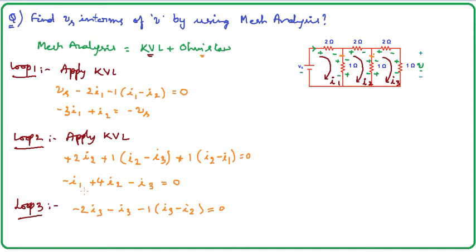So I want to write in the same fashion, so I don't have any I1 term, so I will keep it like that only. So let me consider I2s. So I have only one I2. So as we have done in the previous case in loop 2 also, let me do the same thing here.